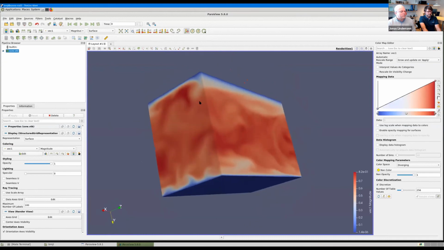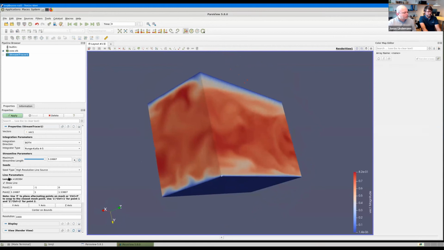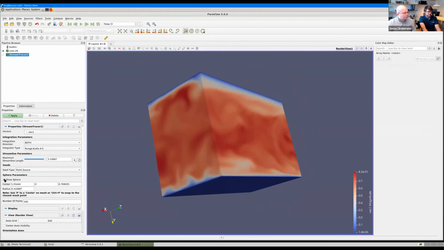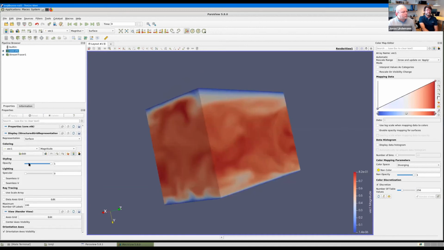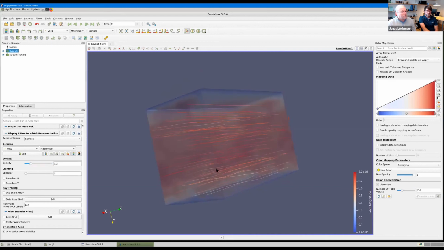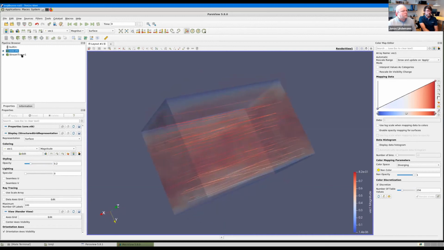And just to show you, I can just add some streamlines. Streamlines, and then I want to show you the model as well. So I turn down the opacity here. So I can work in real time with this.